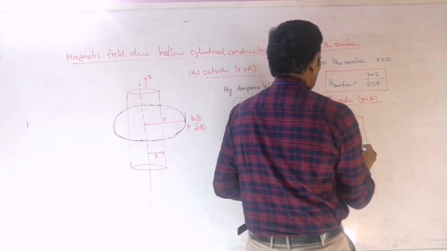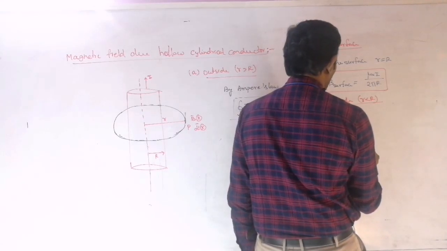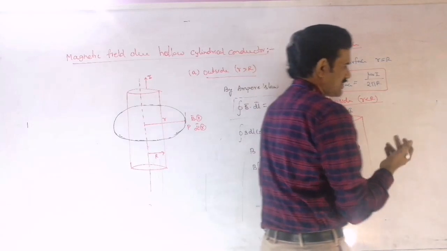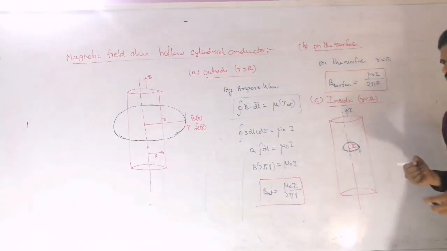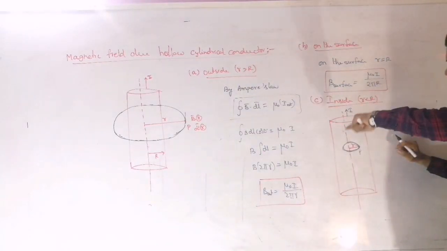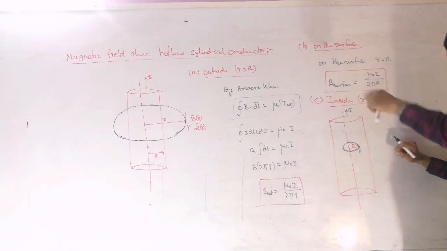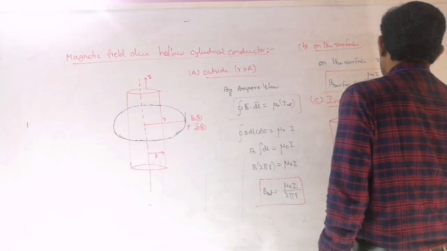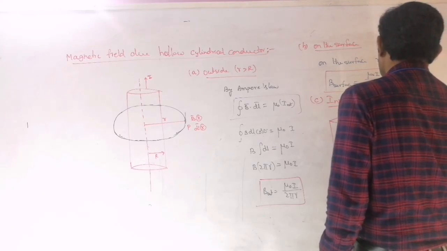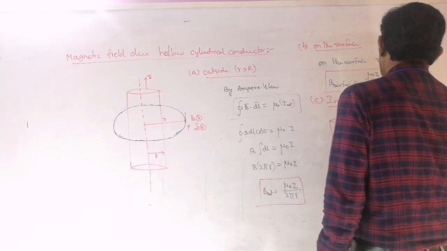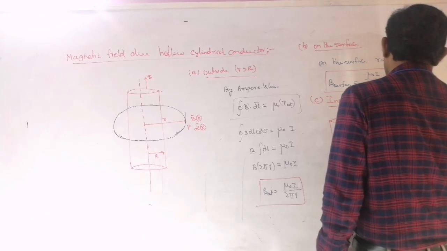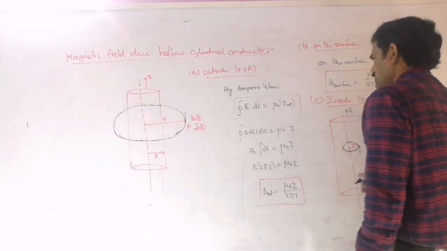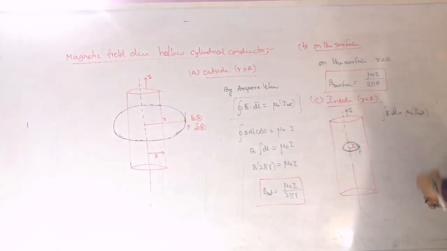Right? So this value will be, this is our point P here. Now this total current I is, it is a hollow cylinder we are taking there. Hollow cylinder means current will be passing through the walls of the cylinder only, right? And now again by using Ampere's law, what we can write here is integral of B bar dot dl bar is equal to mu naught times I net. So by Ampere's law, I am writing the same equation here.